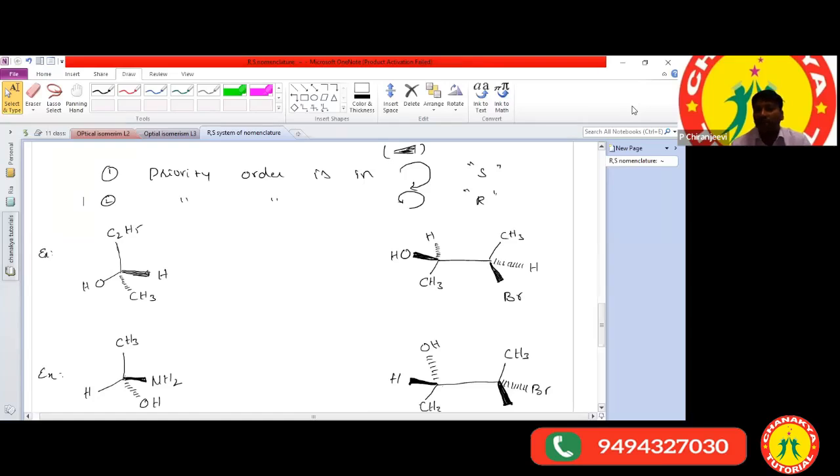Now, similarly, the same condition, but with a slight difference here. If the least priority group is present on the horizontal line or towards the observer, and the priority order is in clockwise direction, then we can call it an S isomer. If the priority order is in anti-clockwise direction, we can call it an R